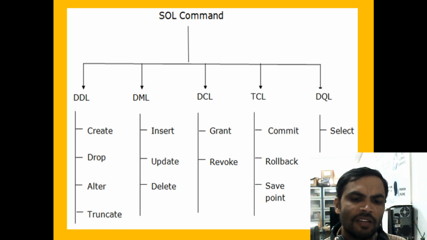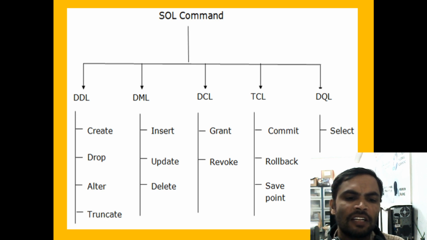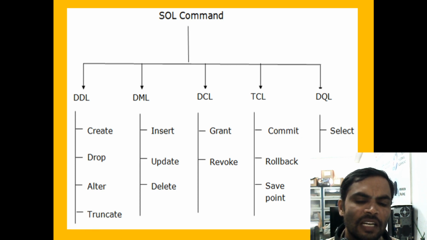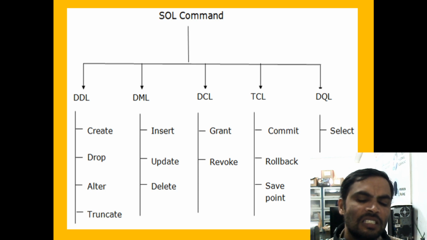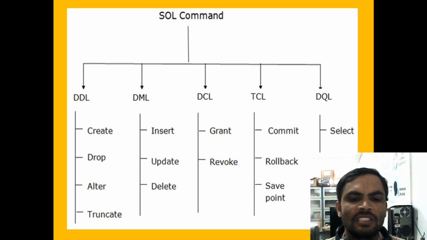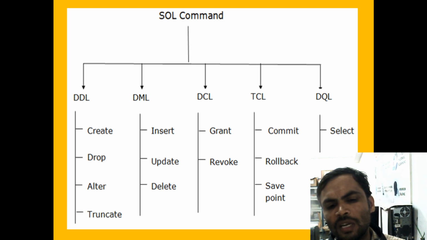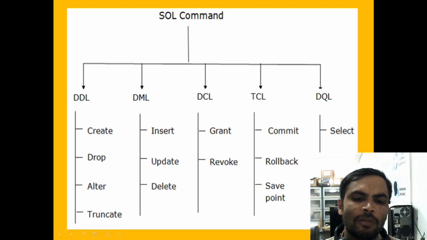Revoke means, actually, if you want to get the content back, we can get the content back with the help of the revoke. Now commit. Commit means if you want to permanently store the contents under the record. After entering the records under the table, we are giving commit. Commit means it will save under the table only. Coming to the rollback, after the content is deleted, if you want to get it back, we can get it back with the help of the rollback.